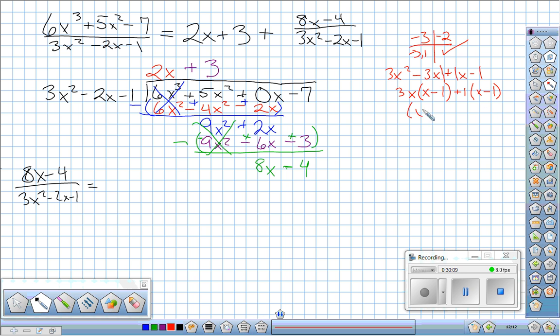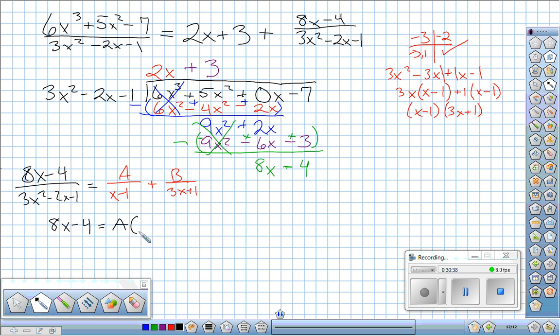Okay, and then I have x minus 1 here, and a 3x plus 1. Okay, so 8x minus 4 needs to be equal to something over x minus 1 plus something over 3x plus 1. You can pretty well, hopefully by this point, kind of skip to this step. So I have 8x minus 4 equals a